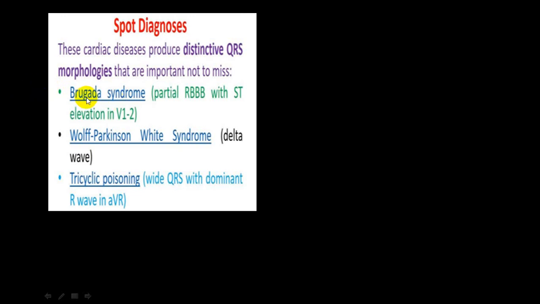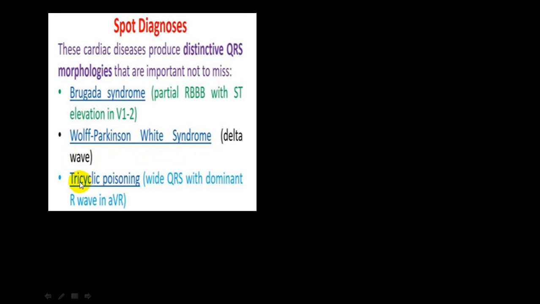Now, I've already told you in Brugada syndrome, it is almost like a right bundle branch block with an ST elevation in V1, V2, which is a sharp downsloping with T wave inversion. In Wolff-Parkinson-White syndrome, there is a broad QRS complex. Good number of times it is upright, depending upon where the bundle of Kent is present. If it is in the right ventricle, it will show you left bundle branch block pattern. And if it is in the left ventricle, it will show you RBBB pattern. RBBB pattern in V1, V2, you will have an R wave, and in left bundle branch block, you will have a tall R wave in V5, V6.